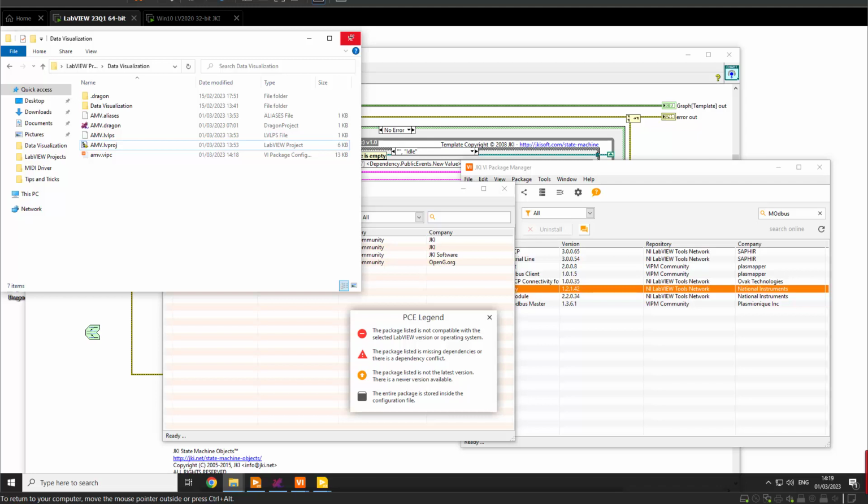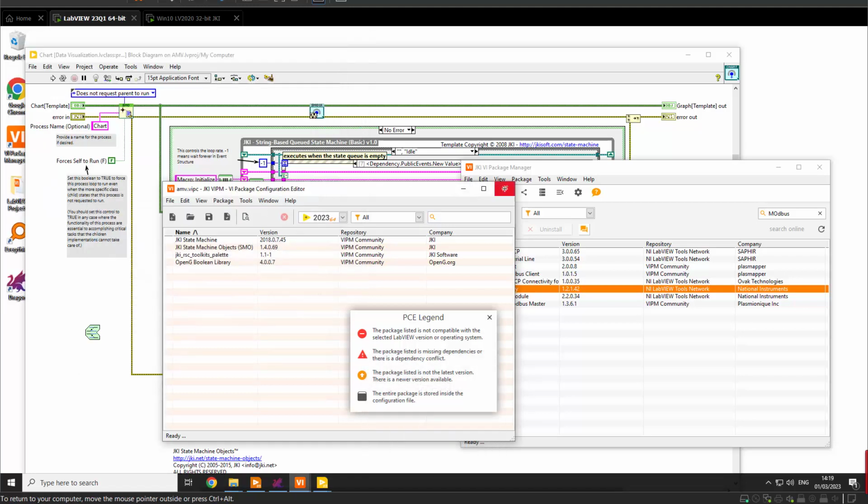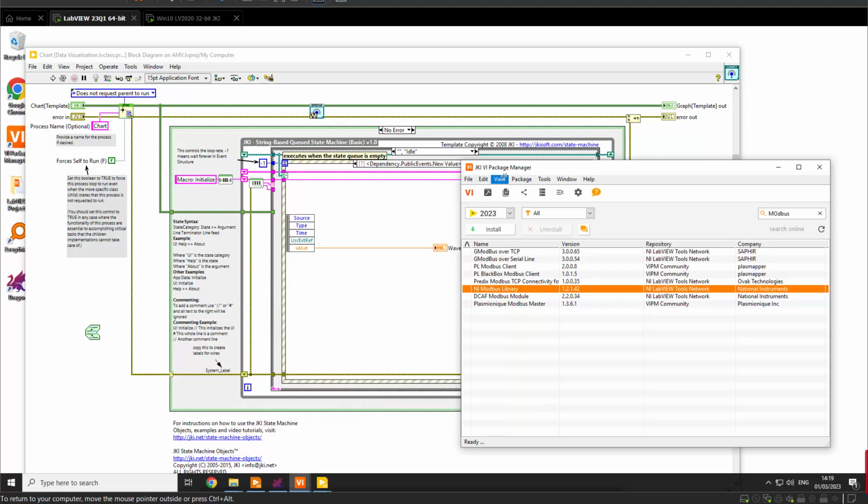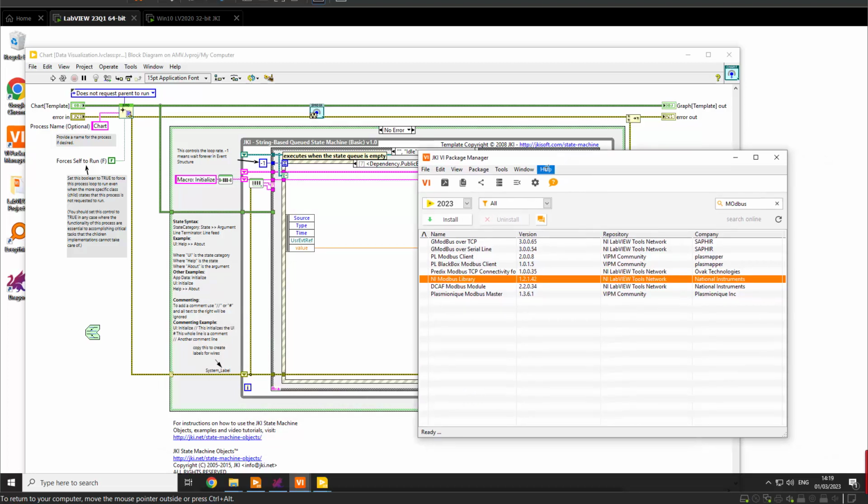Any questions, comments, or thoughts about anything I've shown you? Prior to LabVIEW 2023, what I've just shown you wasn't available. Or rather, it was available, but only to pro users, the ability to share these package configuration files. However, at the moment,